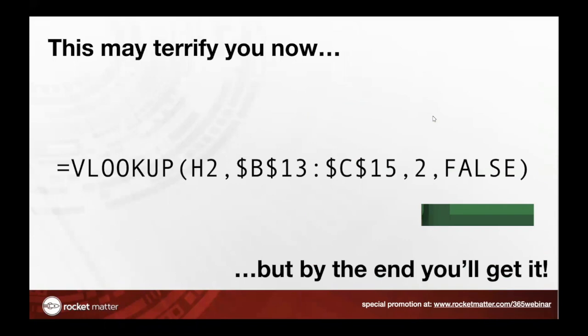All right. So this is terrifying, right? You look at this and you don't know Excel, and you see something like this and you're like, oh my God, what is that? So, I get it. To be honest, it still kind of terrifies me, but I promise you, by the end of this, you're going to understand what this means. We're just going to go through this. We're going to start with the foundations and then we're going to go through it bit by bit.